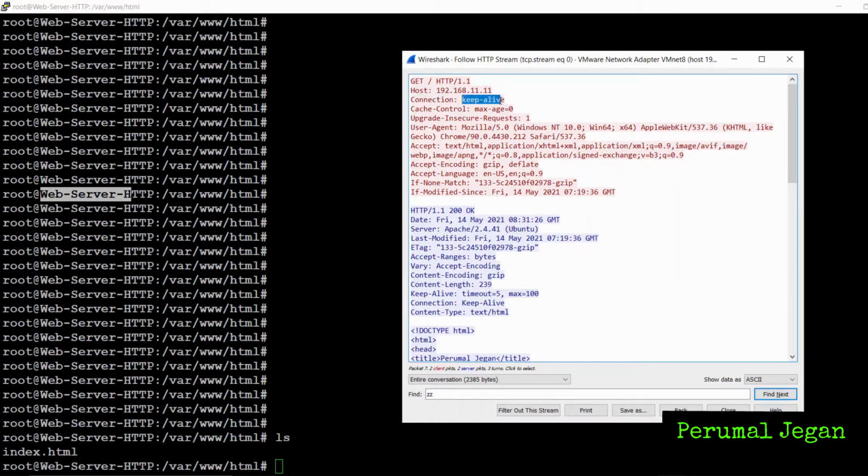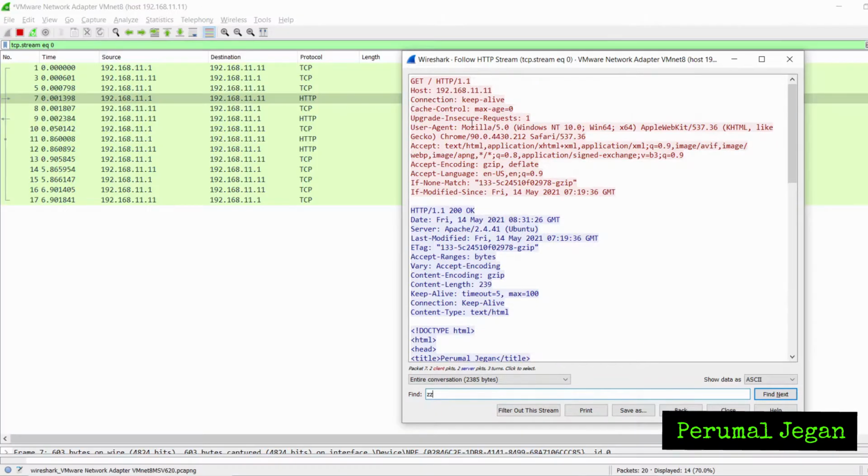And the next section is connection. The connection is keep-alive. So we are using 1.1. The web browser is instructing the web server to keep the session, so the connection will be alive and can be used for upcoming requests. Next parameter is cache control. The cache is nothing but some details captured by the server for each request. When a web browser newly approaches a website, it simply caches a few pieces of information about the client.